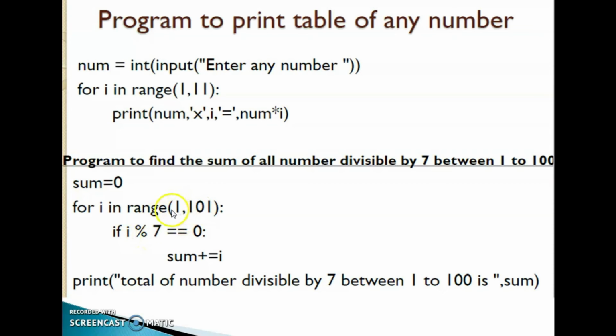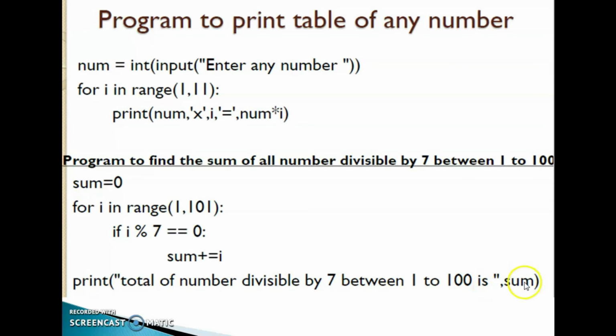Then and so on, we will get 7, 7 mod 7 is 0. sum is equal to sum plus i, sum is equal to 0 plus 7. Likewise, it will go. Then after that, use the print function, total of numbers divisible by 7 between 1 to